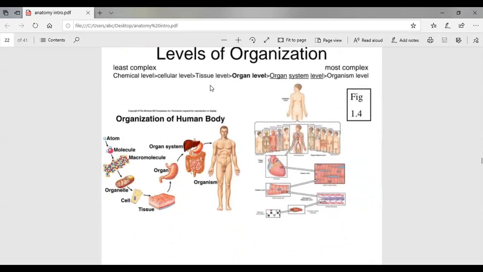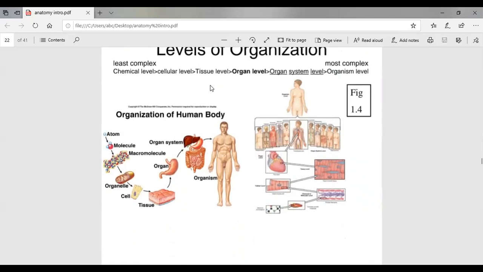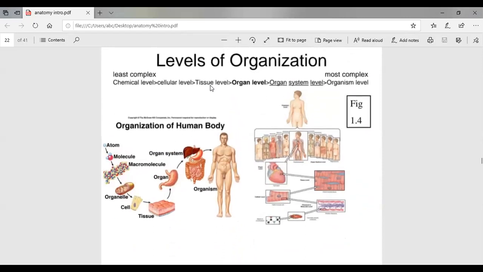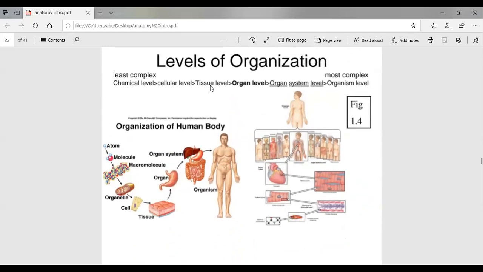So this is a repeat slide, as I advocate for repeat because I like to elaborate once again on it. As you can see, many atoms combine to form molecules and organelles. Many organelles came together to form a cell. Cells came to form tissue. Tissues came to form organs, and many organs came together to form an organ system. And many organ systems came to form the entire human organism. So we studied the 11 organ systems previously, right? Various organ systems like that will come together to form the human organism, the entire human body. Let's go ahead.